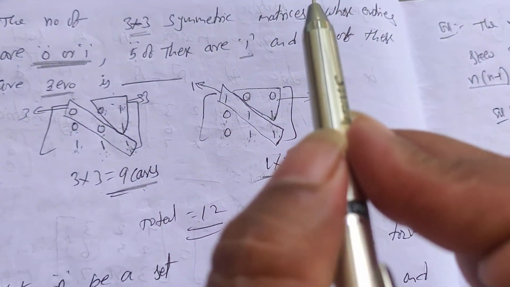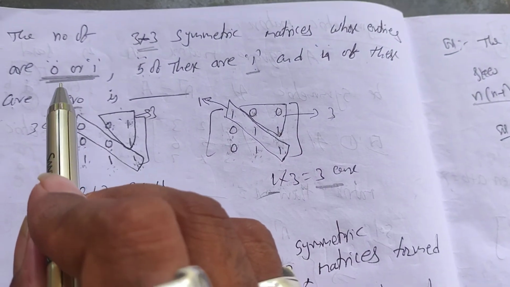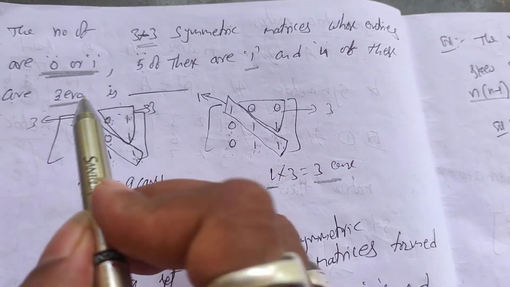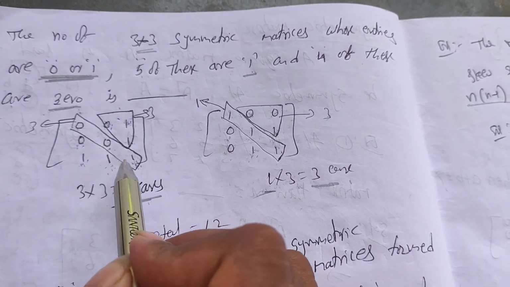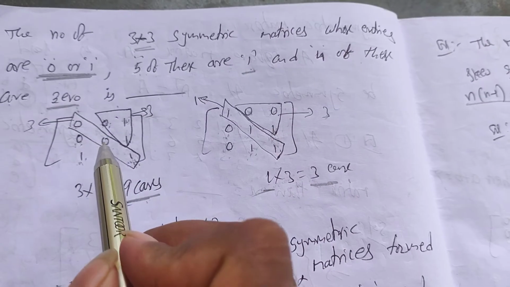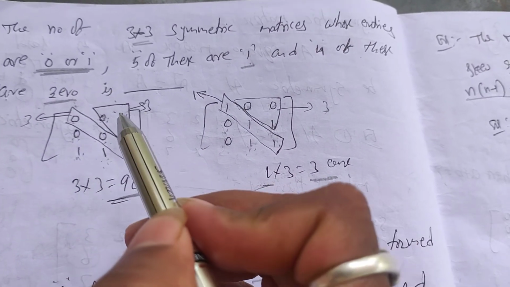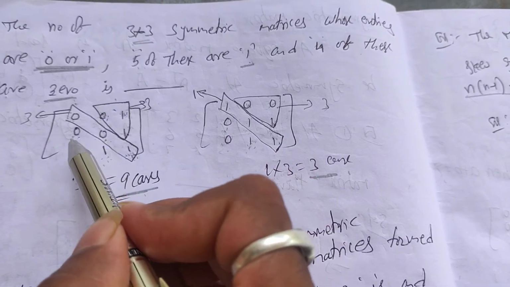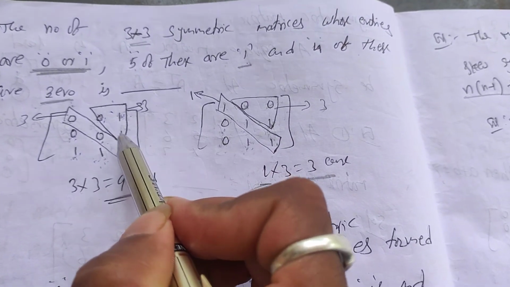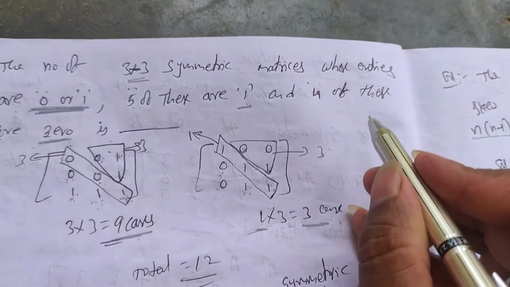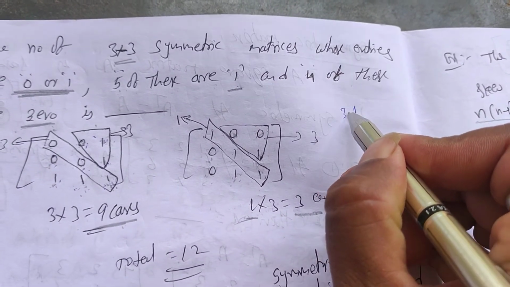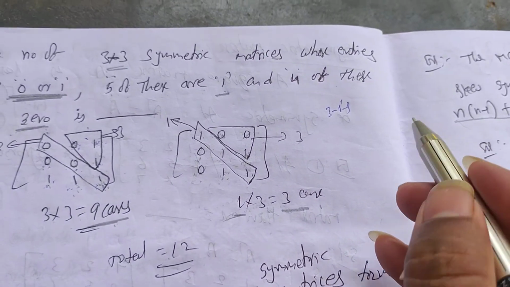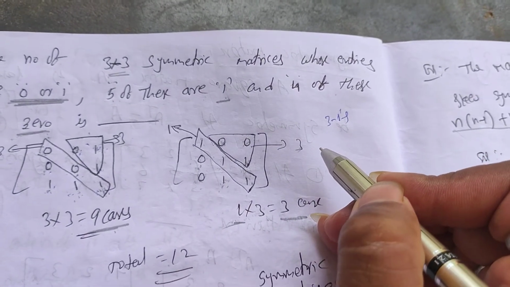3 ones completed. Next, is it possible to fill with 3 zeros? 4 of these are zeros. If you fill with 3 zeros, only 1 zero is left over. If you have only 1 zero, we cannot fill the remaining pairs, either this pair or this pair or this pair. So 3 zeros is not possible. So with the principal diagonal, 3 ones is possible and 3 zeros is not possible.